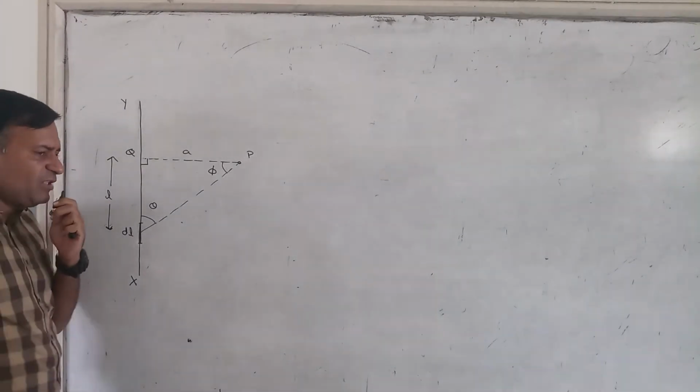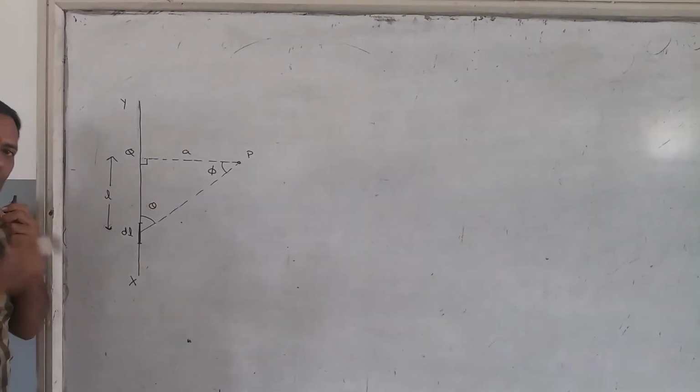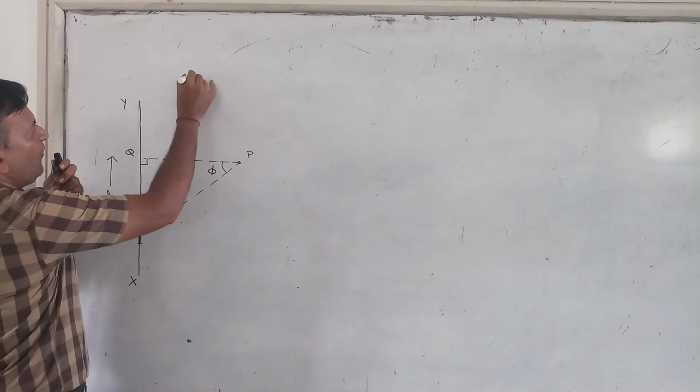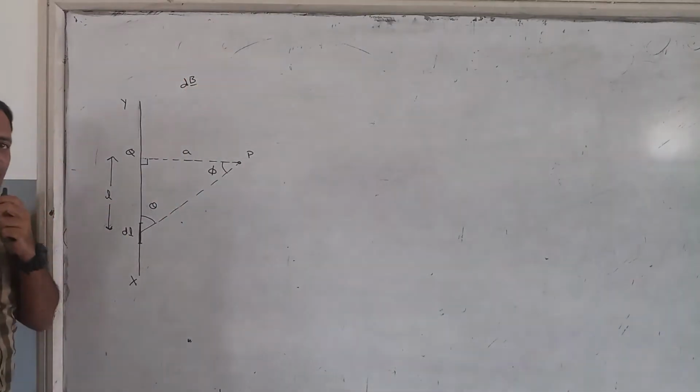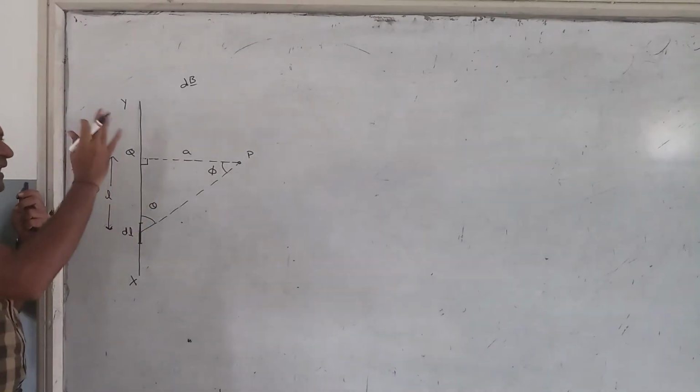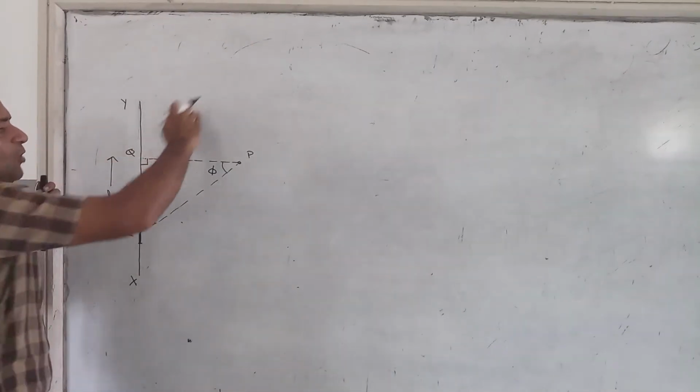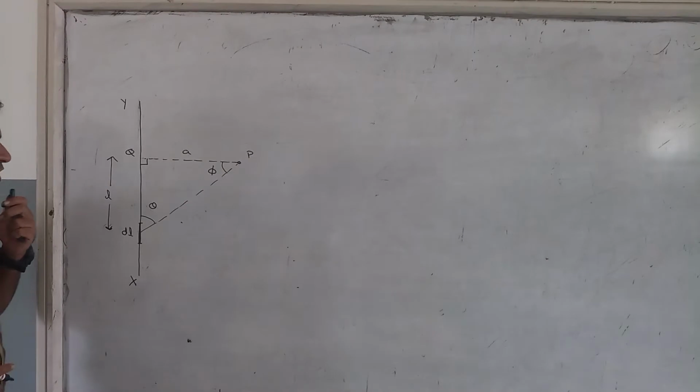But does the Biot-Savart law tell you the complete magnetic field? No. It does not tell you the value of B, but it actually tells you the value of dB. That means complete information is not there in Biot-Savart's law. Now, today's task is a derivation.